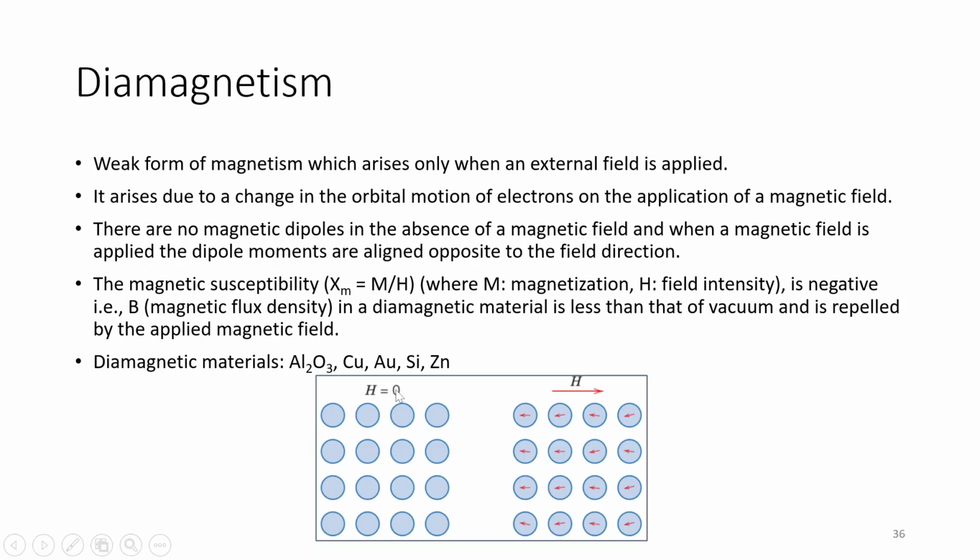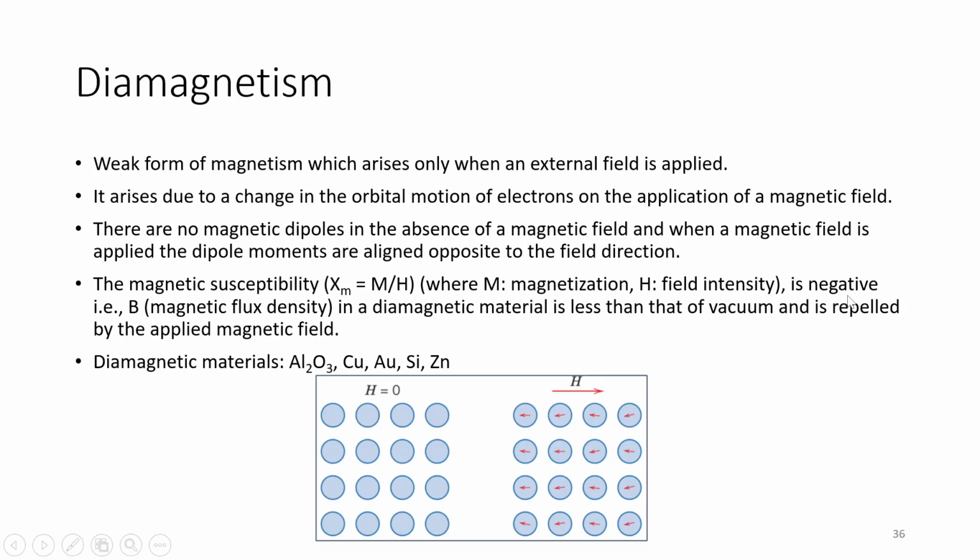So if there is no external field, then you can see there is no magnetization. It arises due to a change in orbital motion of electrons on the application of a magnetic field, and there are no magnetic dipoles in the absence of the magnetic field. When a magnetic field is applied, the dipole moments are aligned opposite to the field direction, and the magnetic susceptibility chi m is given as magnetization divided by field intensity,